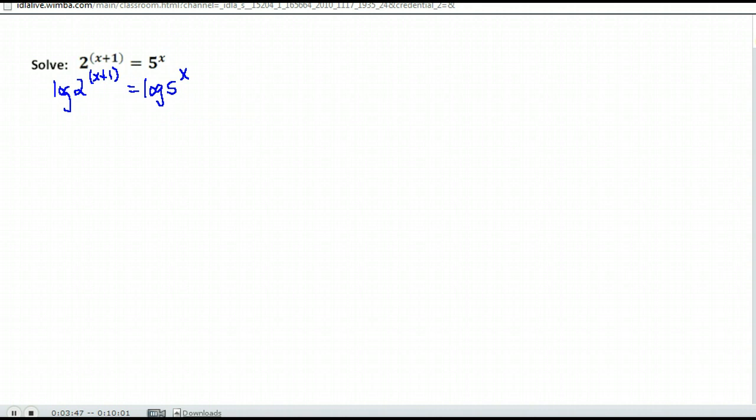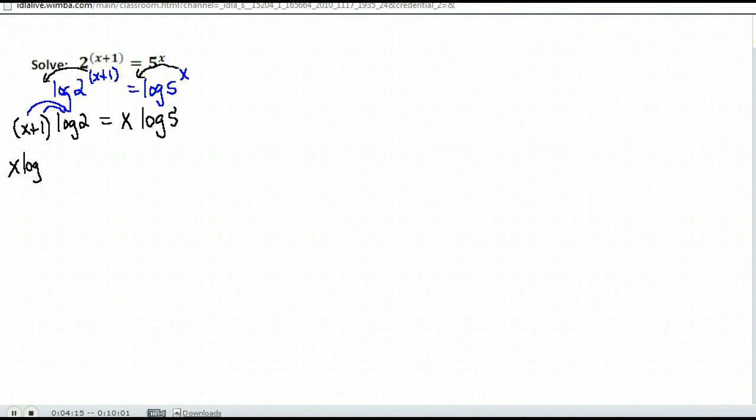Okay, now the reason we did this is so we could get those x's out of the exponent. So we use our properties of logarithms that tells us that we can bring those exponents down in front. So I have x plus 1 times the log of 2 equals x times the log of 5. Okay, we're solving equations, so first thing we want to do here is remove the parentheses by distributing. So I have x times the log of 2 plus 1 times log 2, which is just log 2, equals